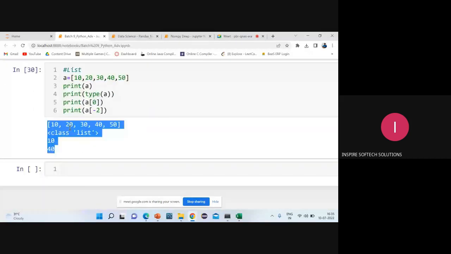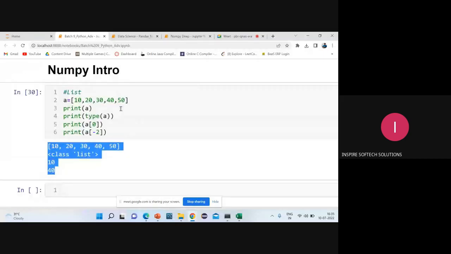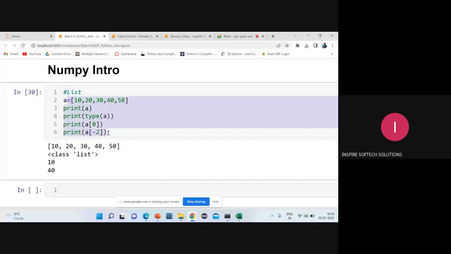Now same thing, if you go with NumPy also, I'll do the same operation. There is no big difference. Whatever you're doing here with list, if you know list, you can learn NumPy very quickly. For pandas, I said to complete the entire pandas in depth we need nearly 10 to 15 hours. But with NumPy, maximum 3 to 4 hours is sufficient. Why? Because whatever you learned in list, as it is, you'll be learning in NumPy, but a few extra things you should learn.